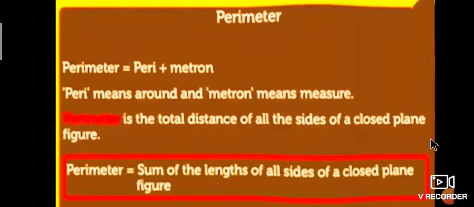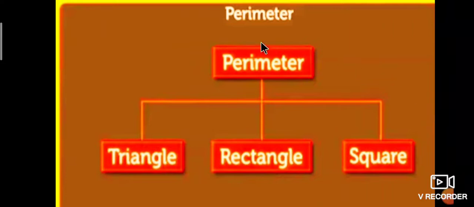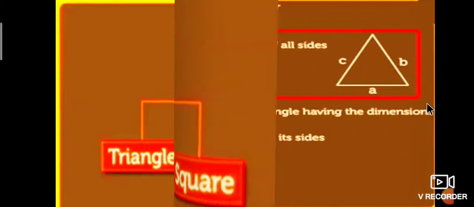Next, in today's class we discuss the perimeter of a triangle, rectangle and square. Triangle, rectangle and square are all polygons. First one is